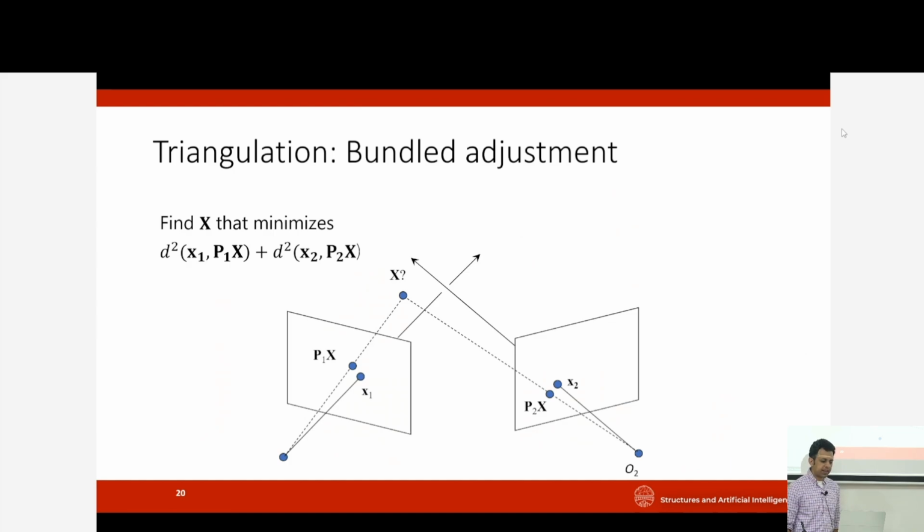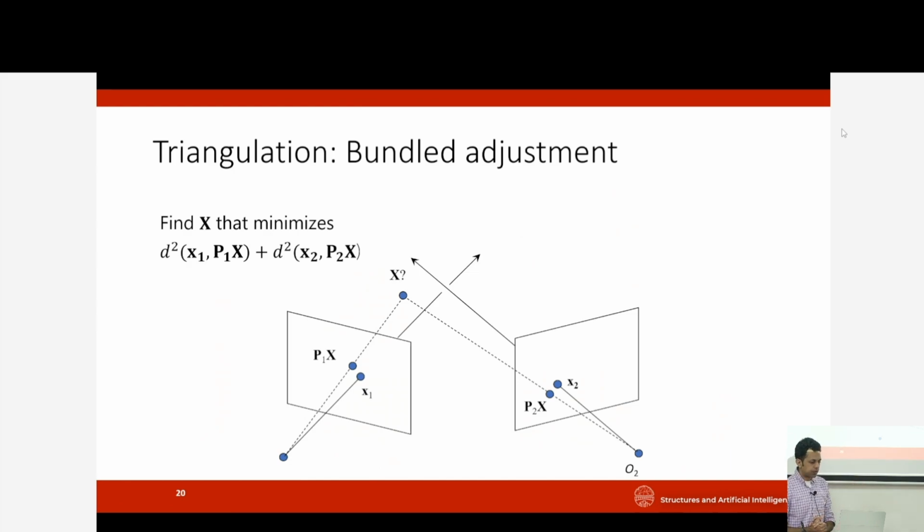So we're finding capital X that minimizes this function. So here we're regularizing a little bit to take into account the fact that if you have multiple images, multiple rays, they may not all intersect. So you're just trying to minimize the distance